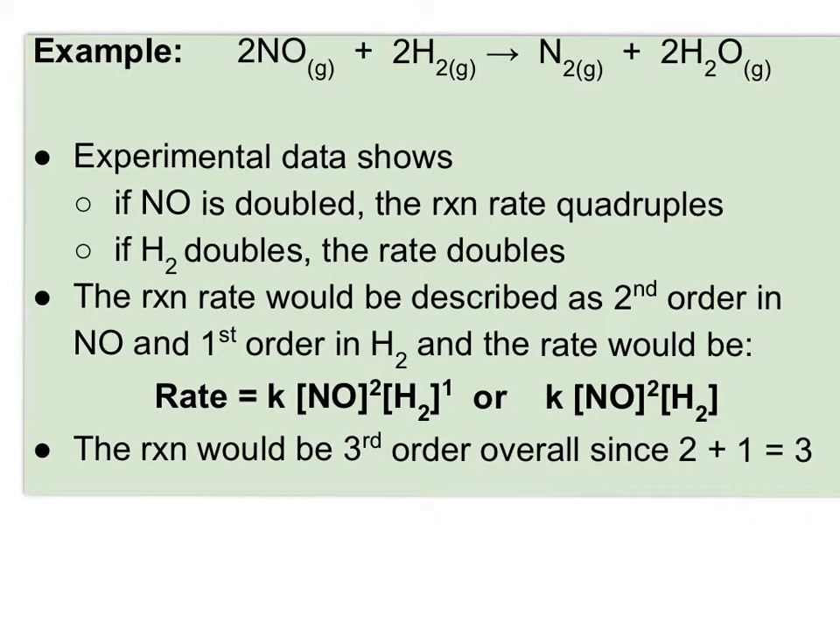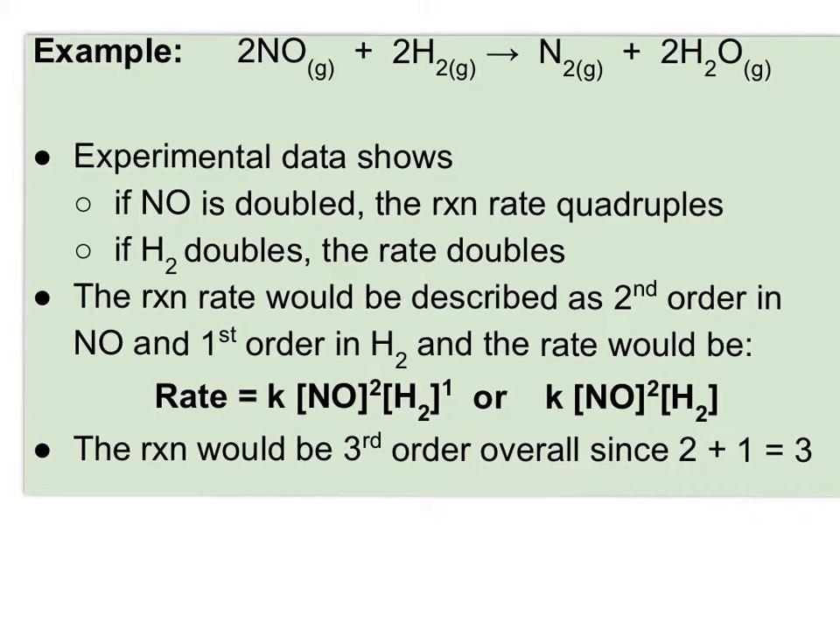So how do we find it? Well, if we look at this example here where 2NO plus 2H2 yields N2 plus 2H2O, and we had experimental data that showed when NO is doubled, the reaction rate quadruples. Let me just underline that information. So if I've got 2 times NO, the rate becomes 4 times as much. But if H2 doubles,